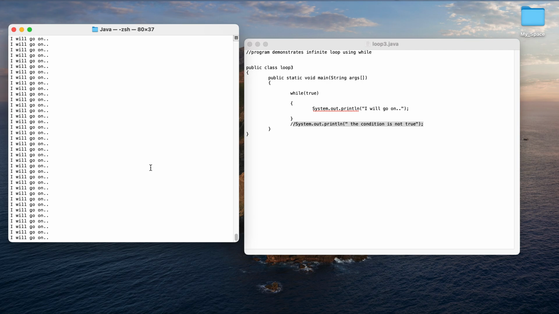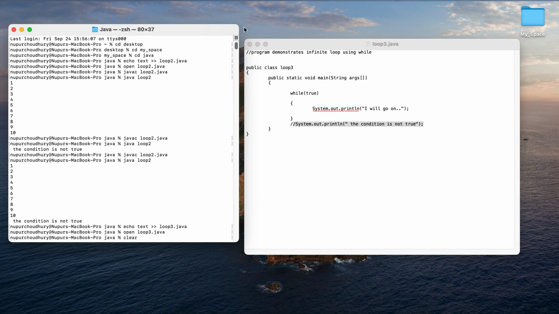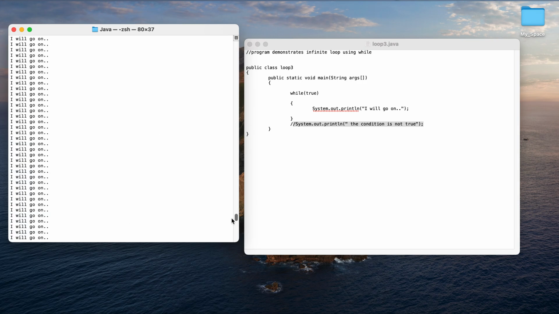Okay, so you don't even know where was the point where you actually started. So if I scroll up, then only you will understand that it has already executed so many times. So you can see the scroller, I believe. This scroller is going on and on till the last point, until I pressed a manual break. Okay, so this is how the infinite loop works.